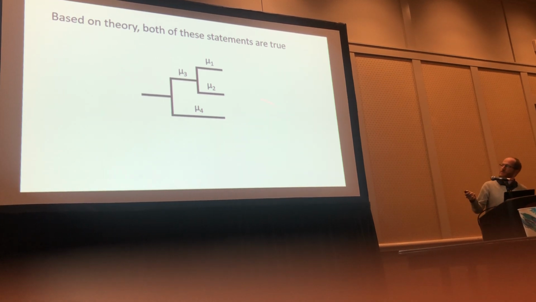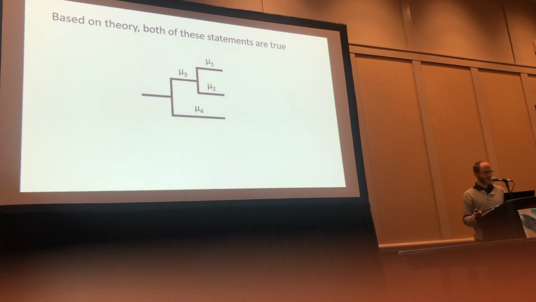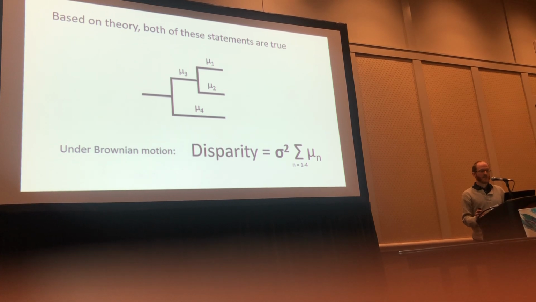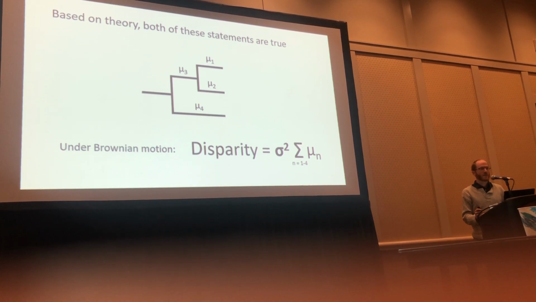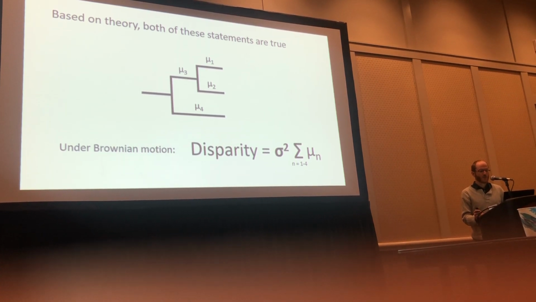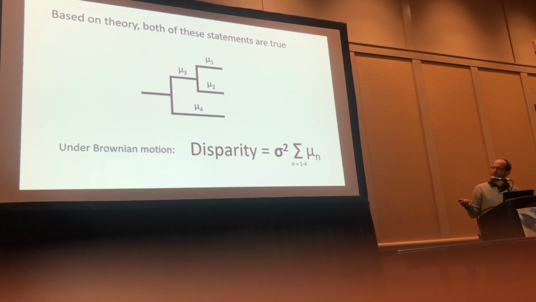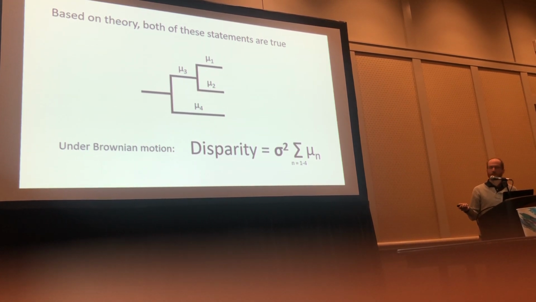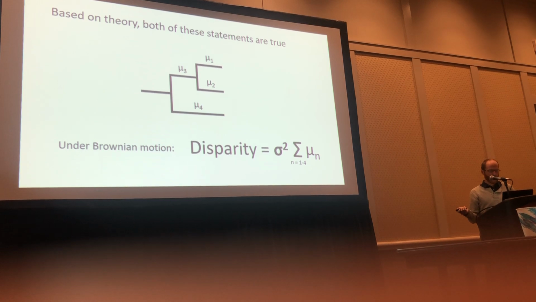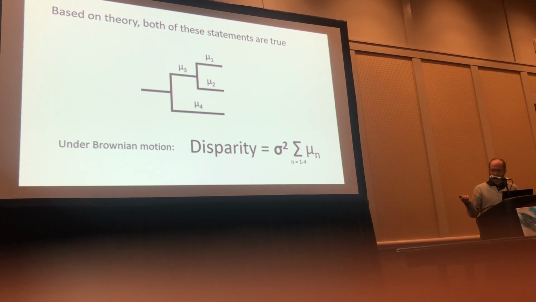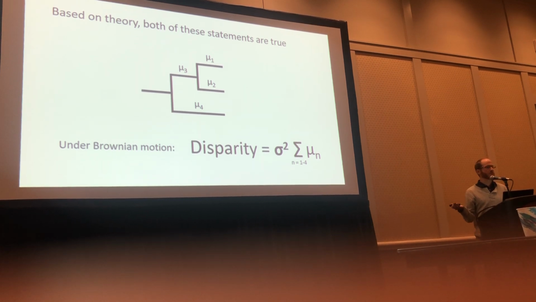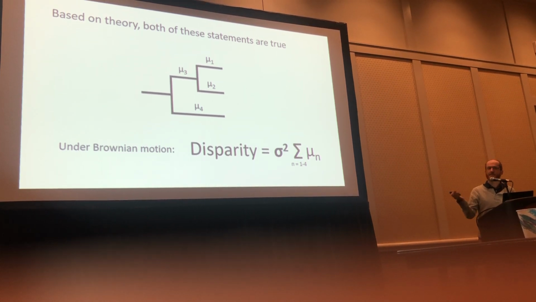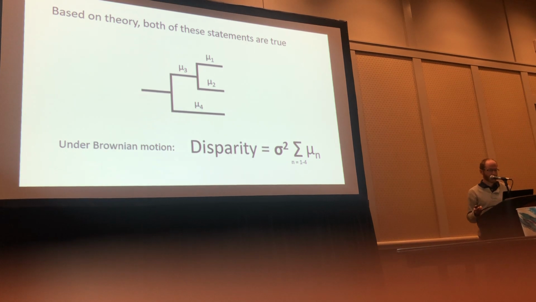So if you have this simple 3-taxon tree with some branch lengths, right? Assuming that traits are evolving under Brownian motion in this, which we have a lot of evidence to suggest that many traits do, the total disparity of the traits in this lineage is simply equal to sigma squared, the rate at which those traits are evolving, and the total tree length, i.e. the sum of the branch lengths, right? And the total length of that tree is itself a function of how old that tree is, i.e. the age of the lineage, and how many species are in it.